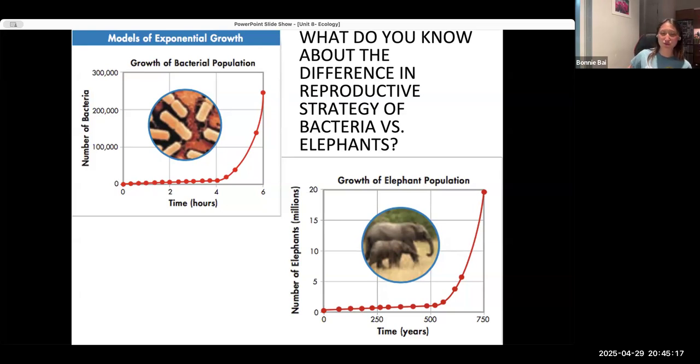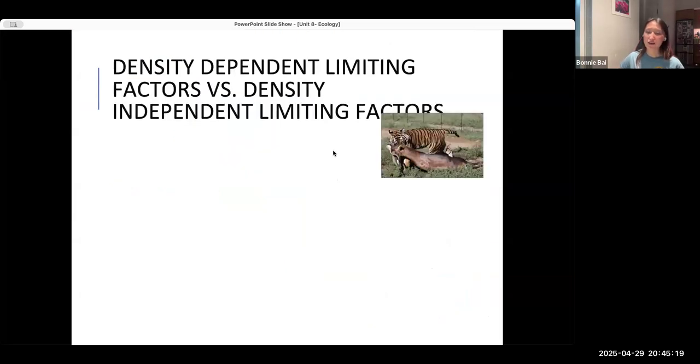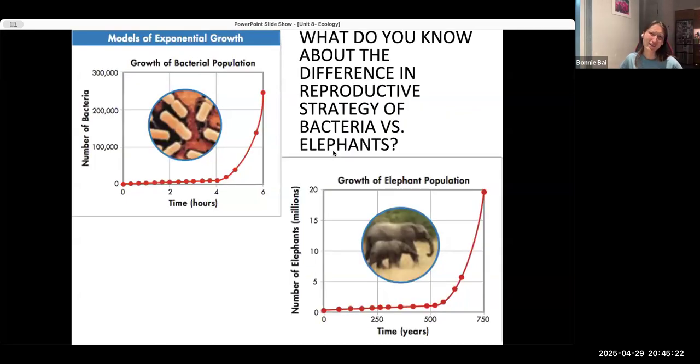And we just know that from common sense, right? But really, why is that? I think there's another page that says it, but we'll just talk about it over here. You can think about how bacteria reproduce much, much earlier. For bacteria, reaching an age of reproduction takes about a day. Today, I put some bacteria on a plate for our lab tomorrow, and tomorrow there's going to be tons of them, right? They don't need to wait however many years the elephant needs to wait before they can even reproduce the first time. So that's going to affect how fast the population grows.